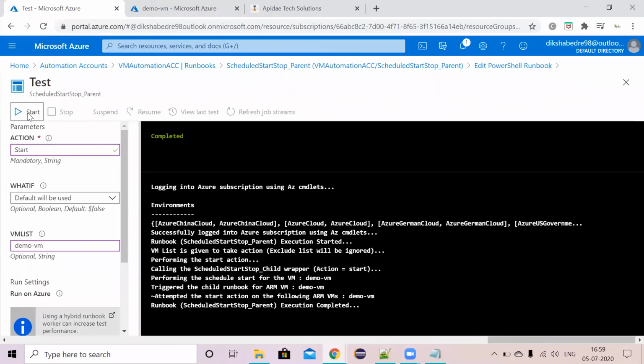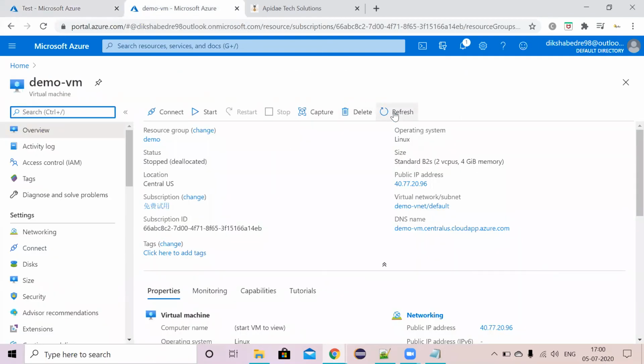You can see here, it's completed and it's showing that it logged into the Azure subscription and started. So the demo VM is targeted, and we can see the VM was stopped. Now we will refresh. It will take some time to reflect here and it will start.